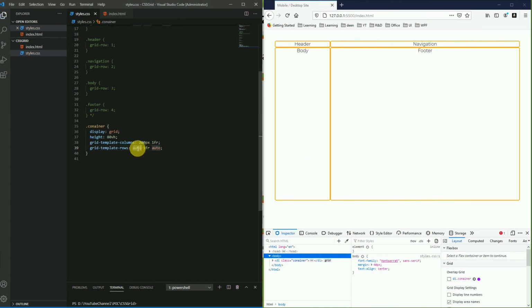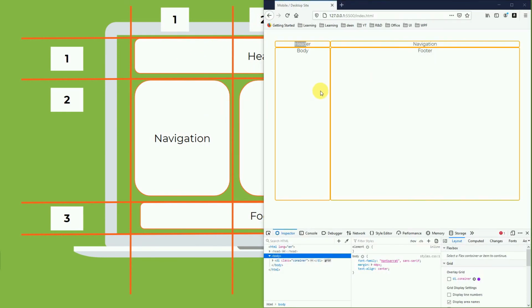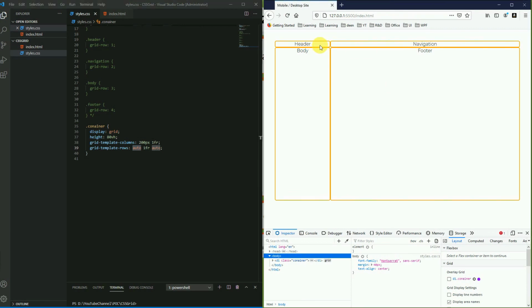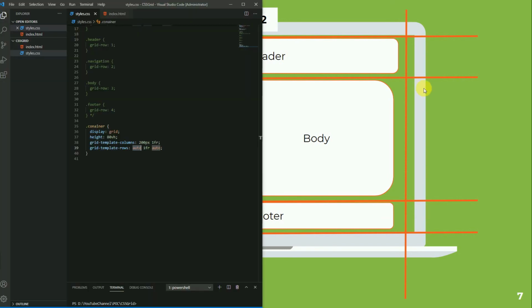So you can see here auto for the header will require only the space required for its content, but you can see the footer and the body are actually occupying the remaining spaces. But here the structure is not what we expected, so we have to arrange every content based on our grid structure. So let's start with implementing the header first. The header should take the width of the entire two columns. You can see it is displayed on the first row, and it should take the width of the two columns.